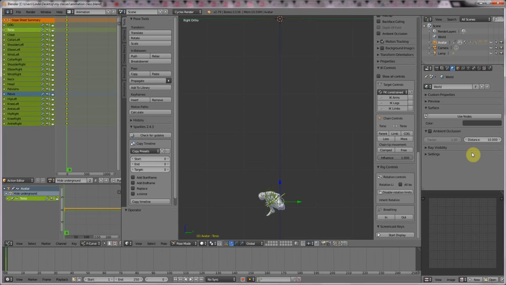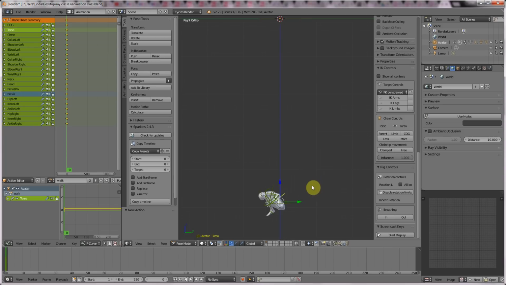Right, here we are with the last animation we made, and that was hide underground, if you remember. To move on to the next action and to keep this one stored, we're going to just press the plus button here in the action editor, and we're going to rename that to walk because we'll be making a walk today, and enter and press the F button. We won't be deleting these, we'll just be